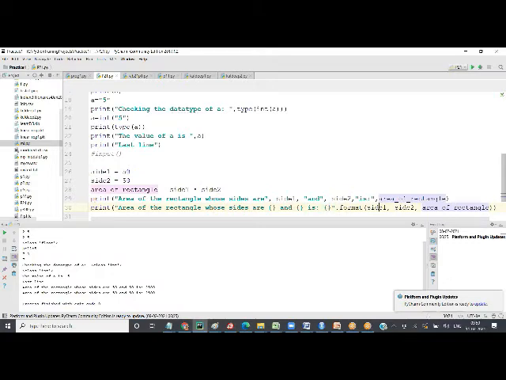Same way, when we're passing values to the format function, Python says this is your 0th parameter, this is your first parameter, this is your second parameter.